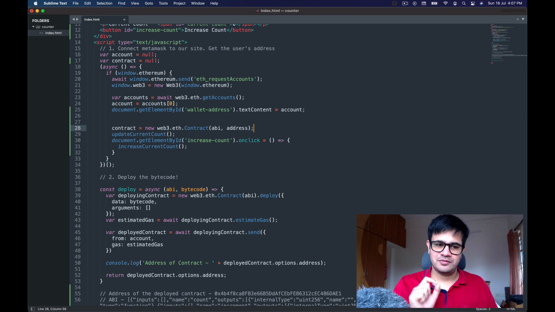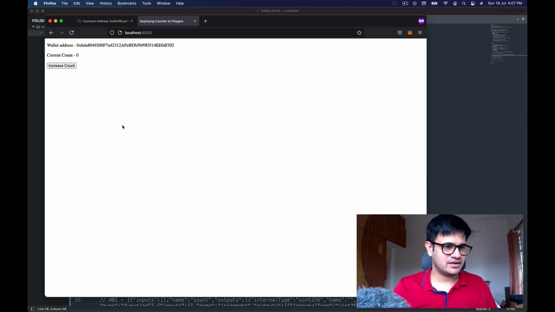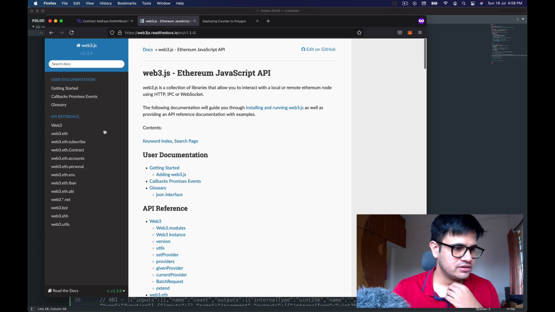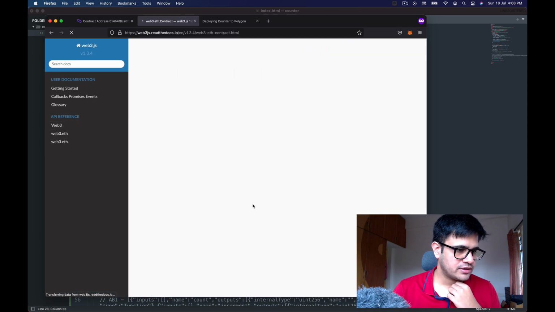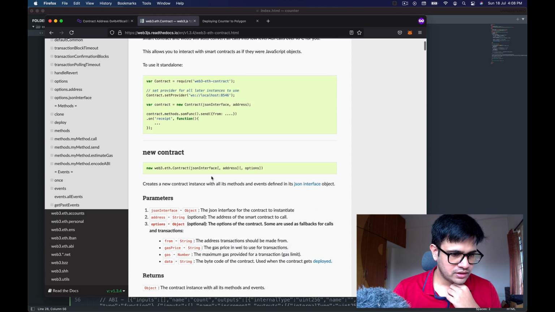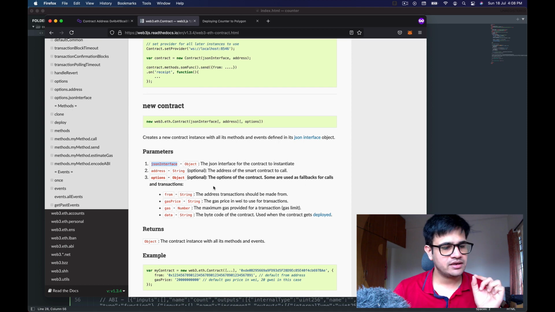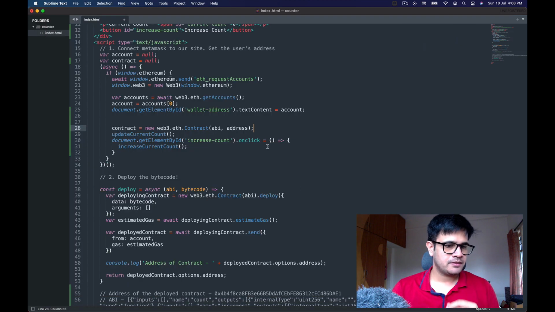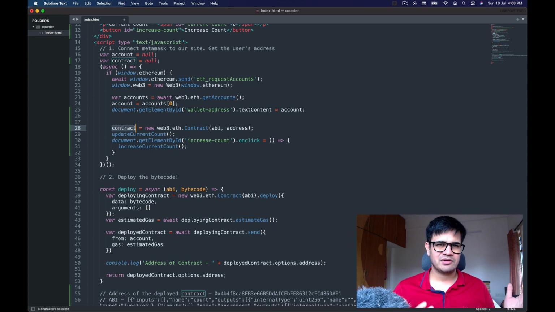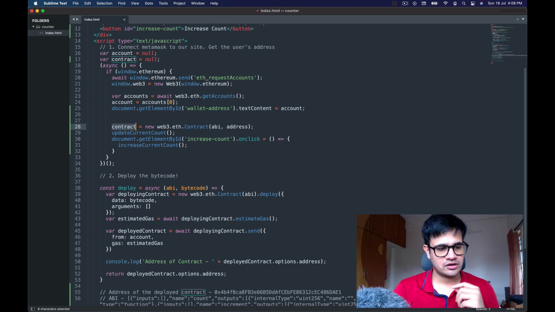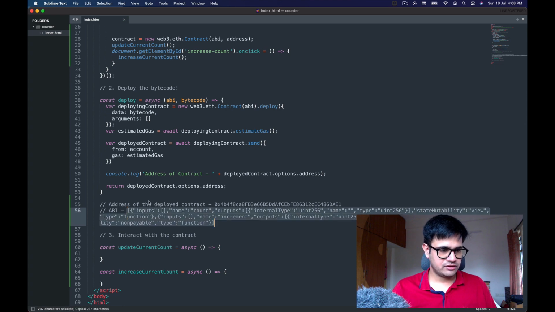Just to double check, I need to make sure the contract syntax is correct. So I'll go to web3 and check the contract code over here, and somewhere here, yeah, it says JSON interface and then address. So the JSON interface will be the ABI and the address will be the address of the contract that we have to call. And yeah, that's it. This is how you generate a connection to the contract. There's nothing much more to it. Now we have an object that can help us connect to the smart contract. Let's use the ABI over here,